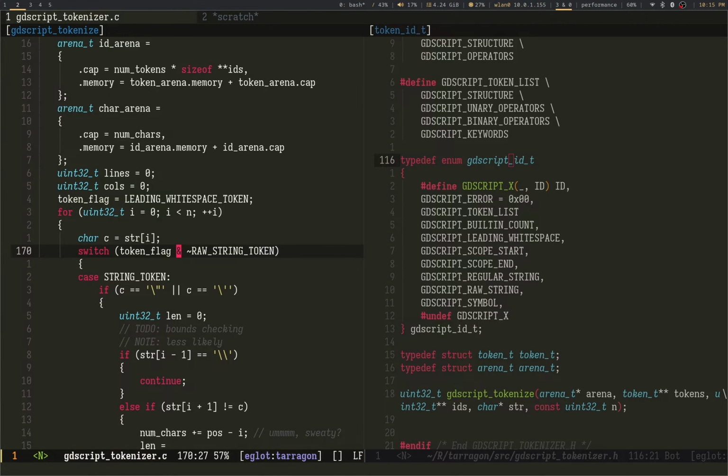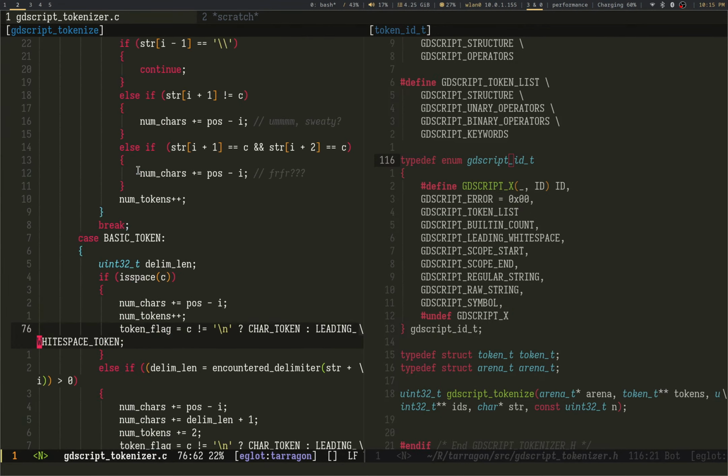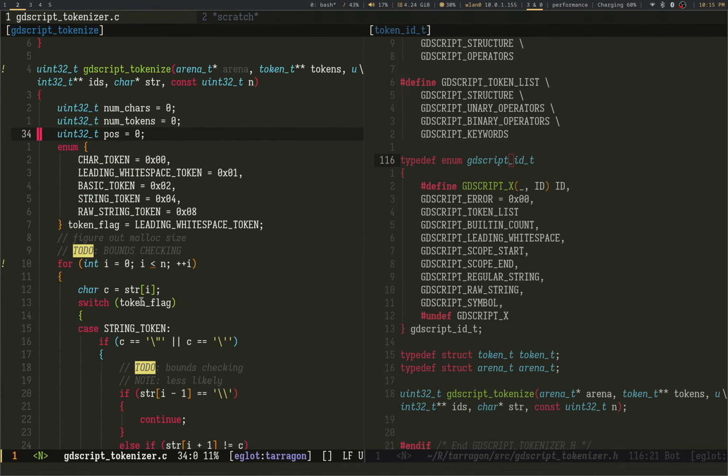Do I want to XOR it? Nope. Just want to do that. And I have to slam this into my other for loop. Find it. Here, I'm going to have a switch, excuse me.